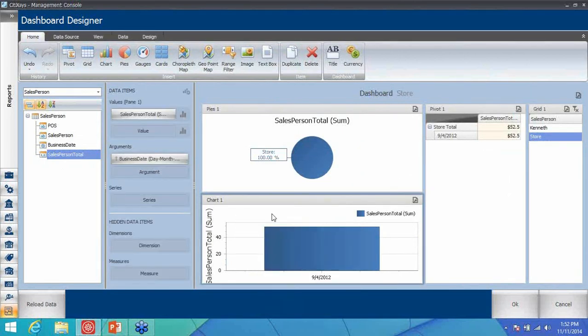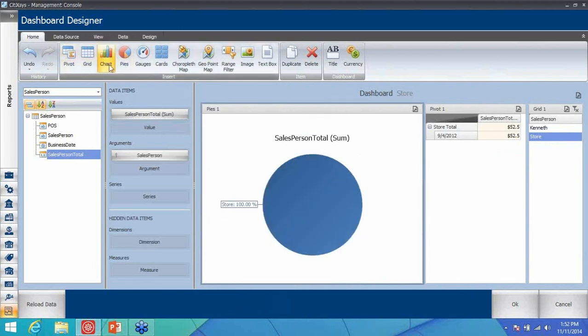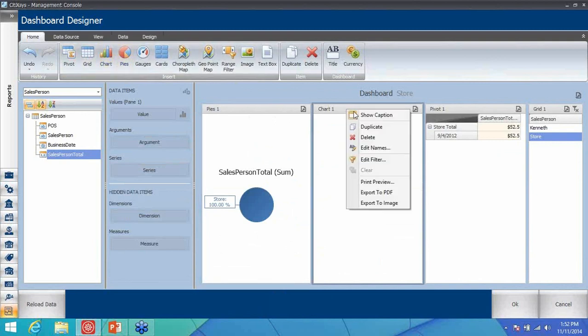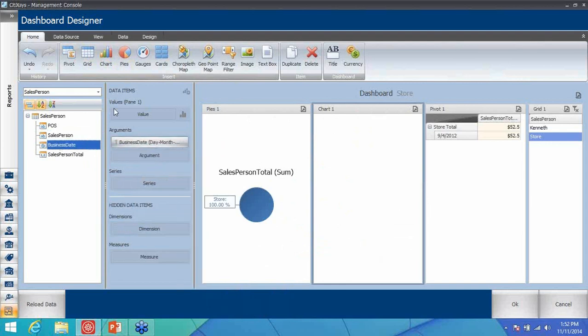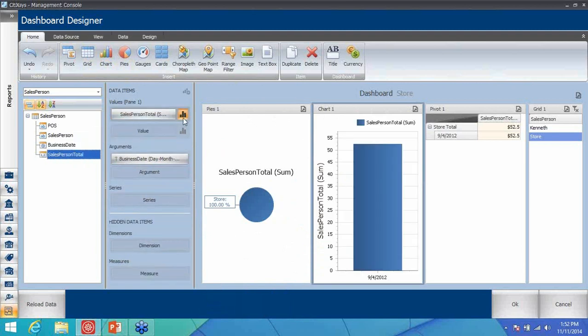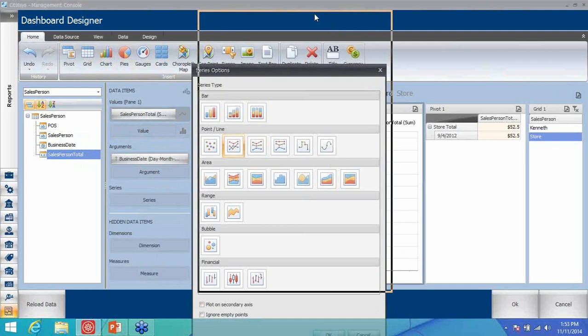So I can go ahead and delete it, and create the chart again by business date and day, month, year, and on top give salesperson total, and then basically go ahead and pick up a chart type which is more suitable, maybe a line chart, and then press OK, which is somewhere down at the bottom. So I clicked on OK, so it gives me